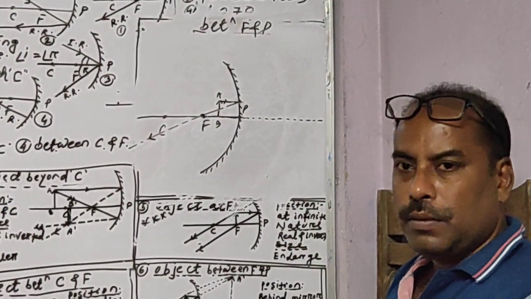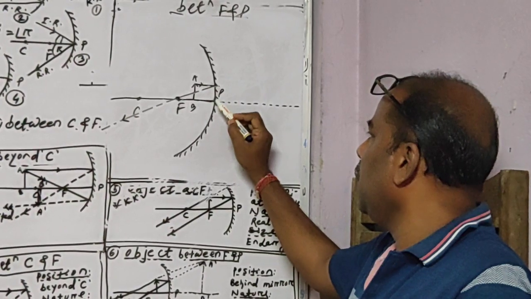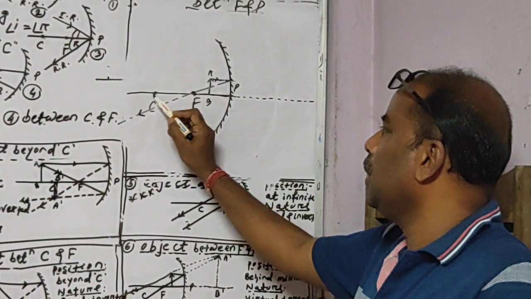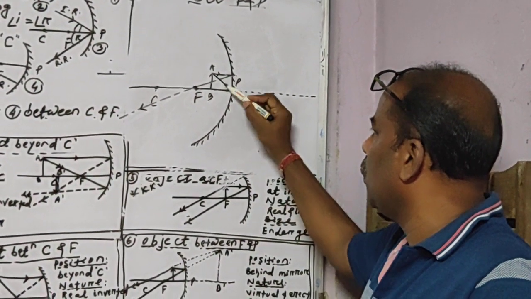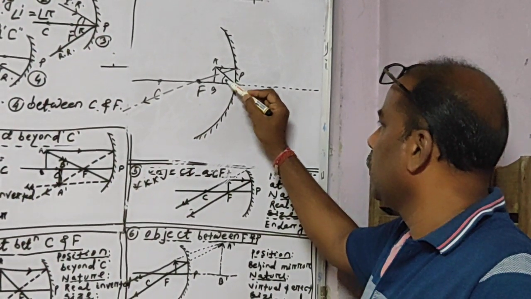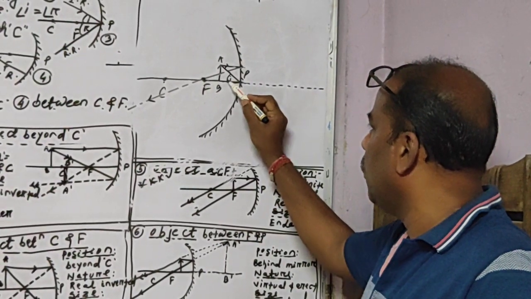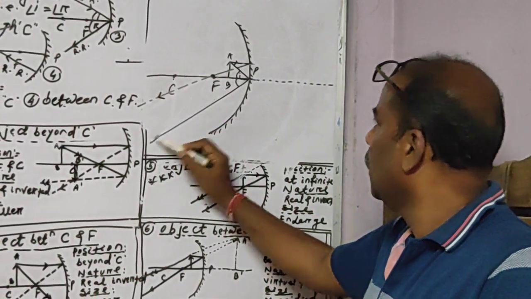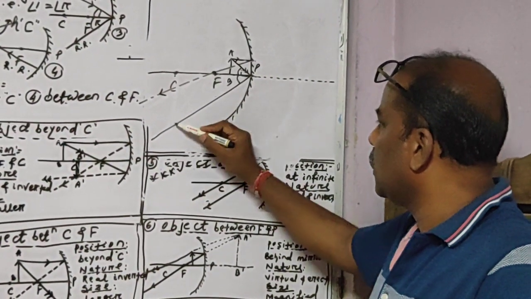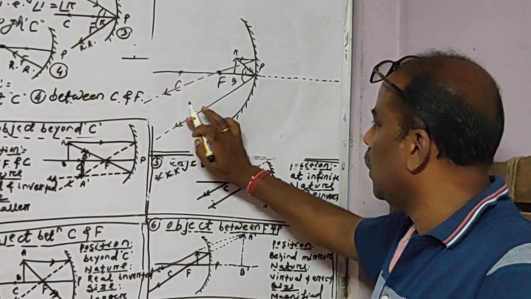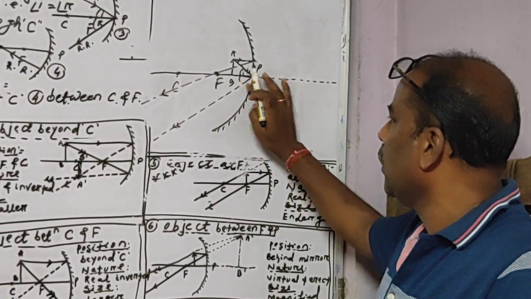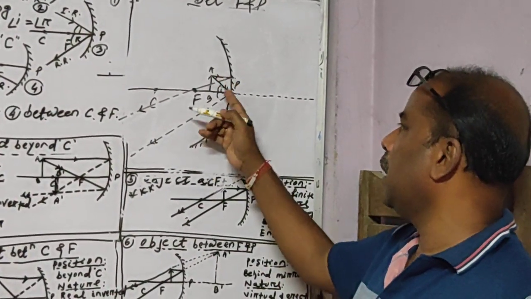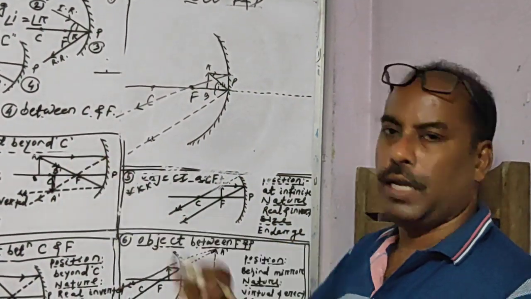Now second ray, you can take through the P from here to here you have to go, or through the C you can go from here to here, or through B also. So this is I. Same angle we have to create downside and we have to take it. This is the second ray. And this I have put the dot marking because this is the reflected ray. Reflected ray I am representing by dot mark, and incident ray I am representing by the straight line.